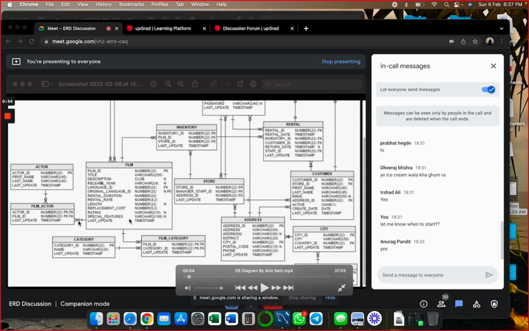So this symbol, when there are three lines going out, it represents one or many. So whenever there are three lines going out from a circle, it represents one or many. When there is a straight line and when it is cut with a straight line, it shows one and only